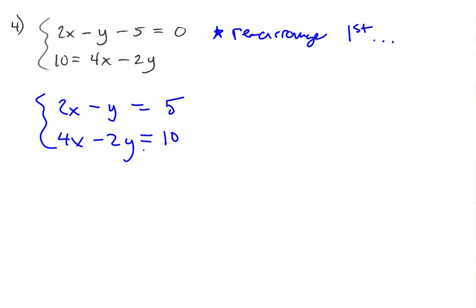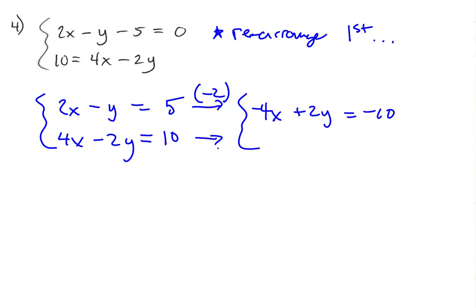Once arranged better, we can focus on using a method to get things eliminated. In fact, let's pick elimination for this one. The numbers are fairly set up for that. I could try to eliminate something by multiplying the top equation by -2, all the way across, of course. That would result in a -4x plus 2y equals -10. And then we'll just copy over this second equation. We don't want to change it so that we can already have some things eliminating. That'll give us a 4x